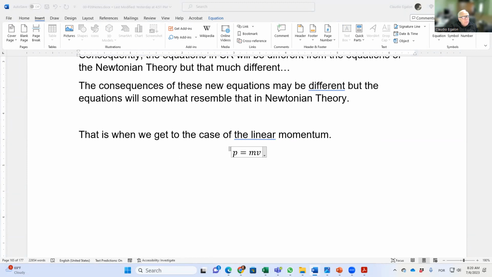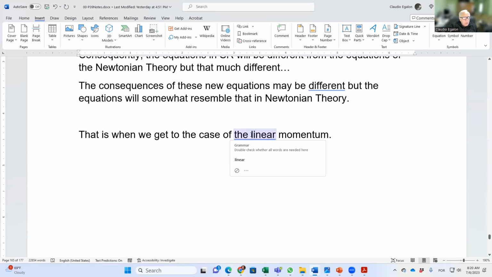So the role of the scientist here in this new theory of special relativity is to find out if this equation also will be applicable in special relativity. And I'm going to be even more specific, okay? I'm going to say v is the velocity of a point particle with respect to a referential A. That's how we should write the linear momentum